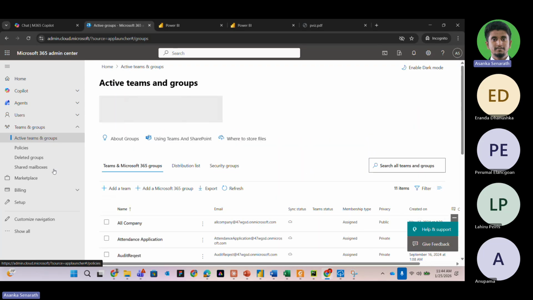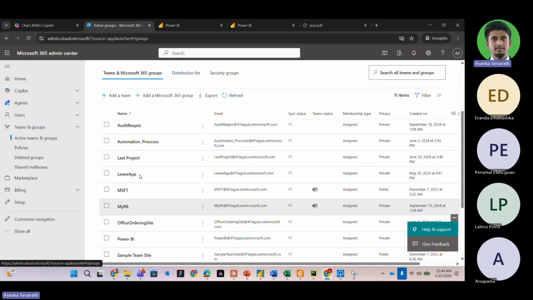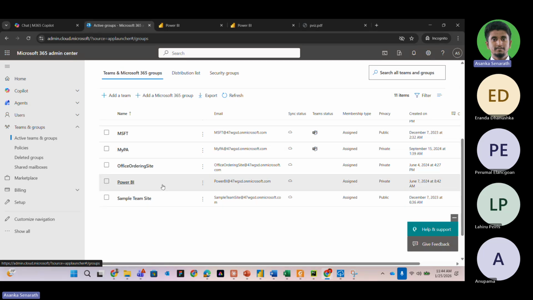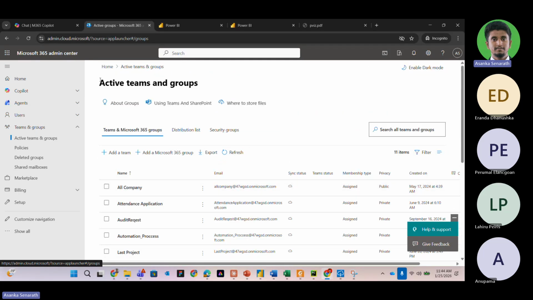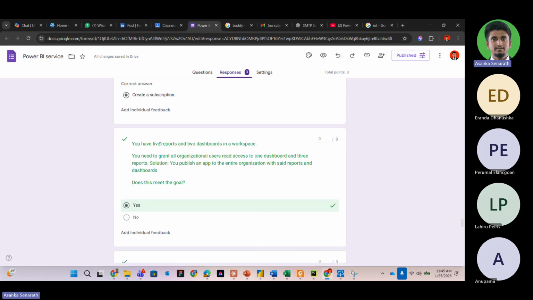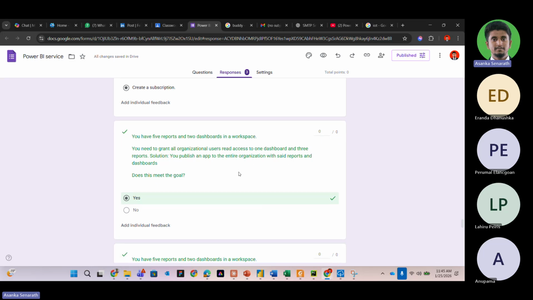So about this active directories, guys, this is how we do this one, right? I told you we can create an active directory and you can keep on adding people like this, right? This has to be done in the Office 365 Admin Center. Usually the Power BI admin will not get access to these things, right? Because I have the access to this one, I'm showing you. So the IT manager will be able to do those things. Sorry about that, I cannot show you, but the option is that you can do this using an app and give the entire organization access to the set report and dashboard.